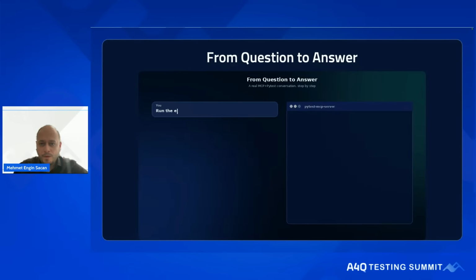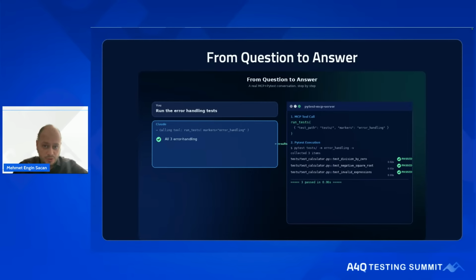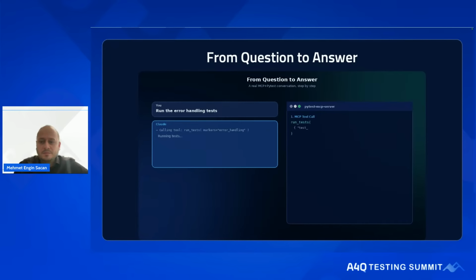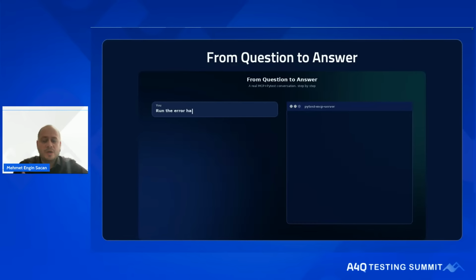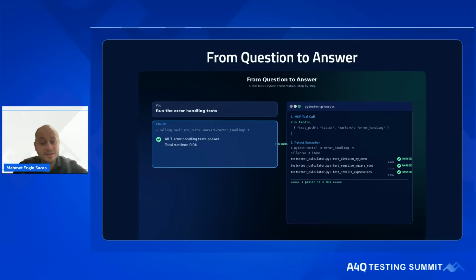Total elapsed time from my enter key to a useful answer is under 3 seconds, including the test execution. More importantly, I never had to switch out of the chat. The next question, what about edge cases, happens in the same turn with full context preserved. You can continue your tests based on the context, and you don't have to switch between different tabs, different